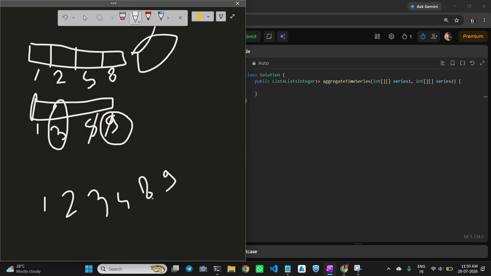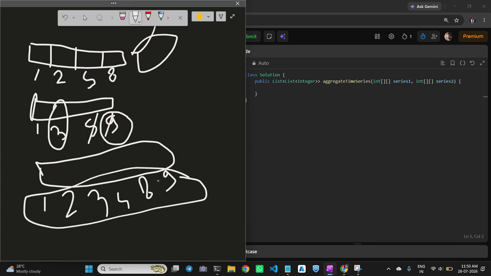A timestamp can be present in both series or in only one of them, like 2 is in the first series while it is not present in the other. So you consider all these timestamps and calculate the associated sum for each.